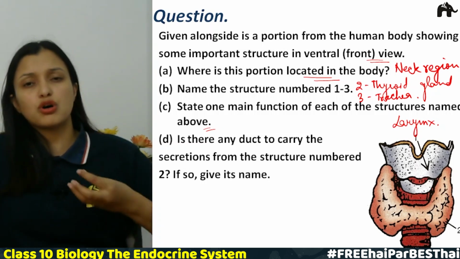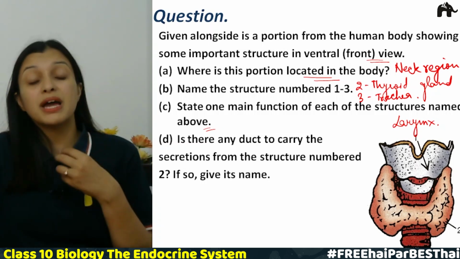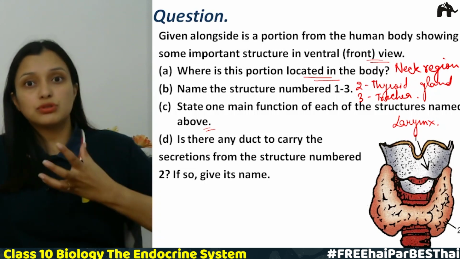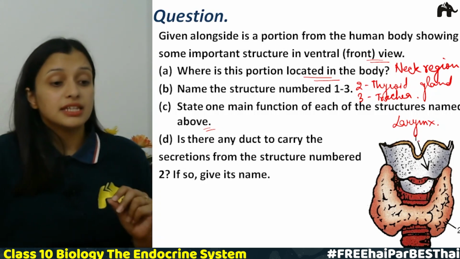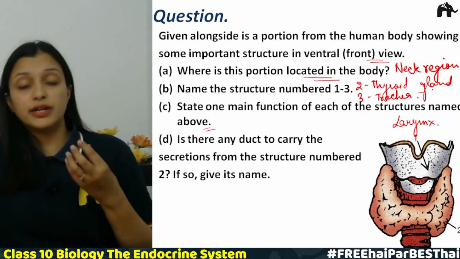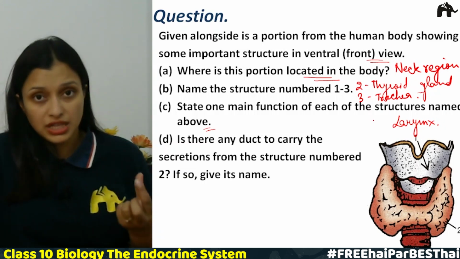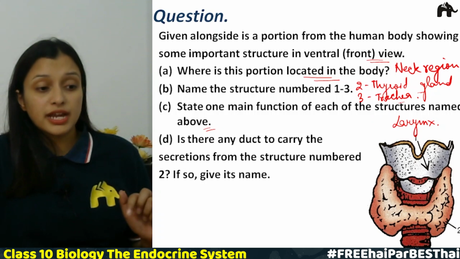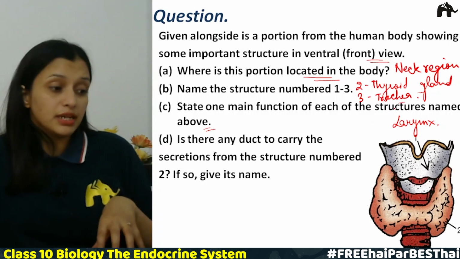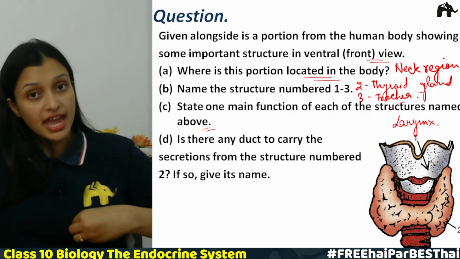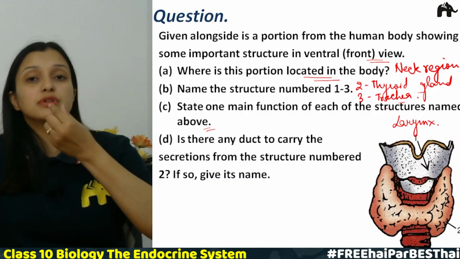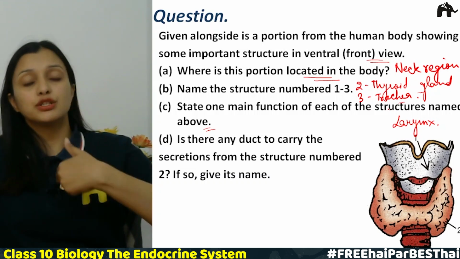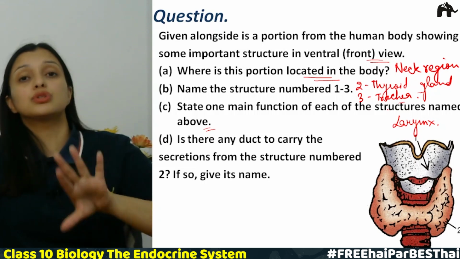Basically the sound box or the voice box. It is the region from which voice is generated. While I am speaking, the voice is getting generated from the larynx, right? The next one is the thyroid. Thyroid is a gland which secretes the hormone thyroxine. The next one is the trachea. Trachea is also called the windpipe, and it is a passage of air into our lungs. Air travels from the nostrils into the trachea, and from the trachea into the lungs.